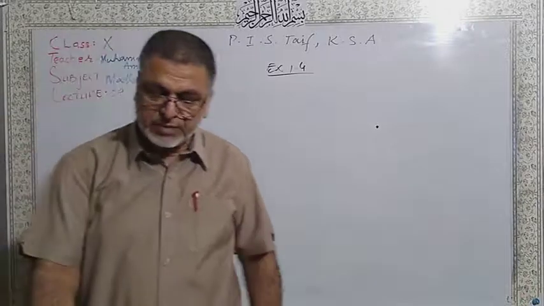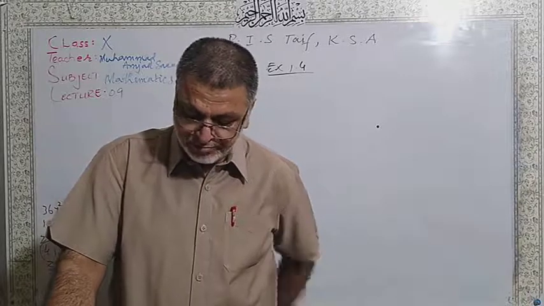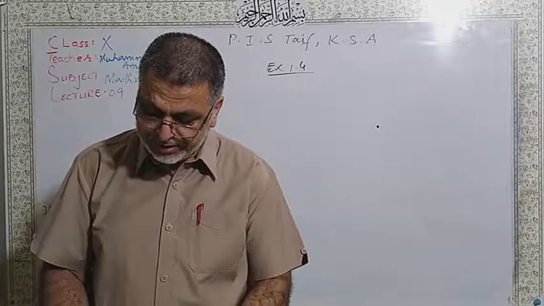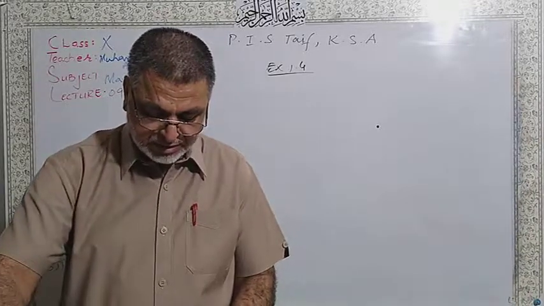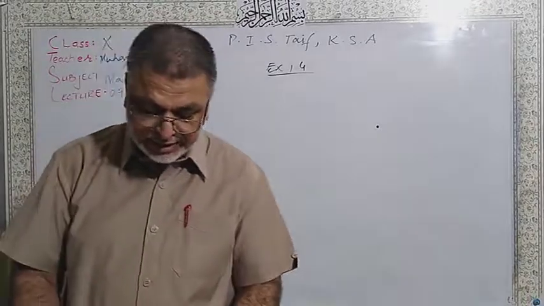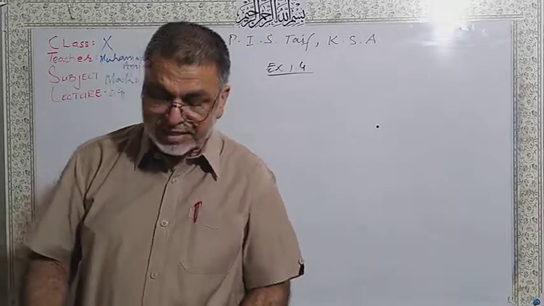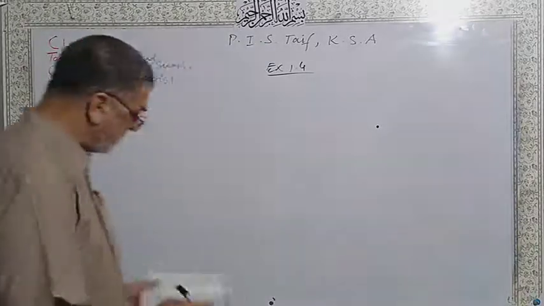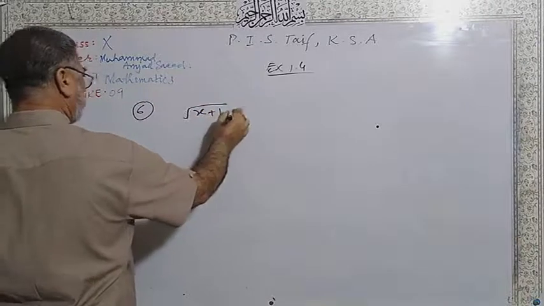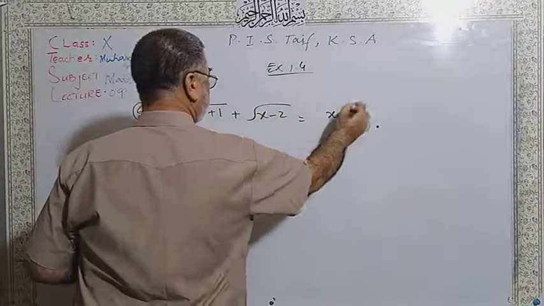So in this way you can check your answer whether it is correct or not. Any number which does not satisfy your given equation will be an extraneous root. Similarly, you can do question number 4. I hope that question number 4 is similar. You will bring this x to the other side and you can solve it. In this way, we will do it. After that, question numbers 5 and 6 are the same, so I am taking question number 6: the square root of x plus 1 plus the square root of x minus 2 is equal to the square root of x plus 6.